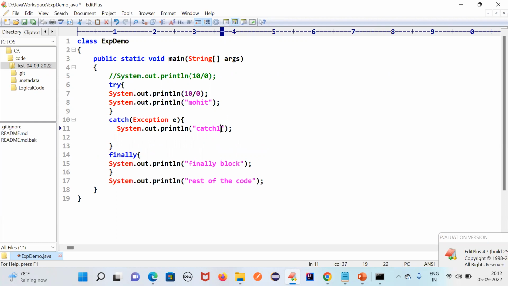What will the output be? Just type your answer. If you're not able to understand, let me know, I will explain. What will the output be here?